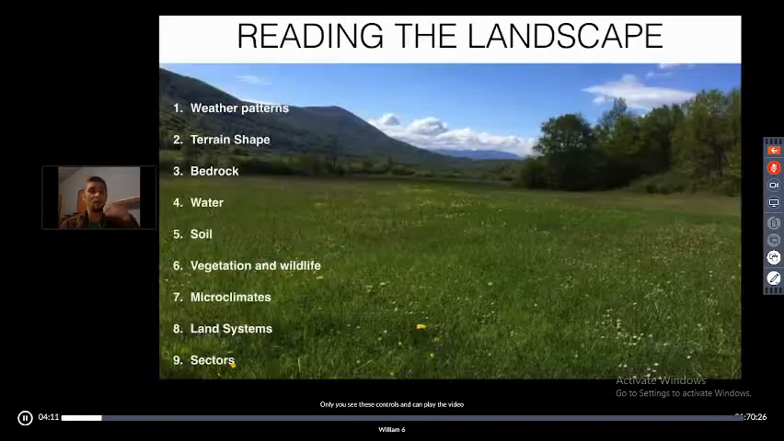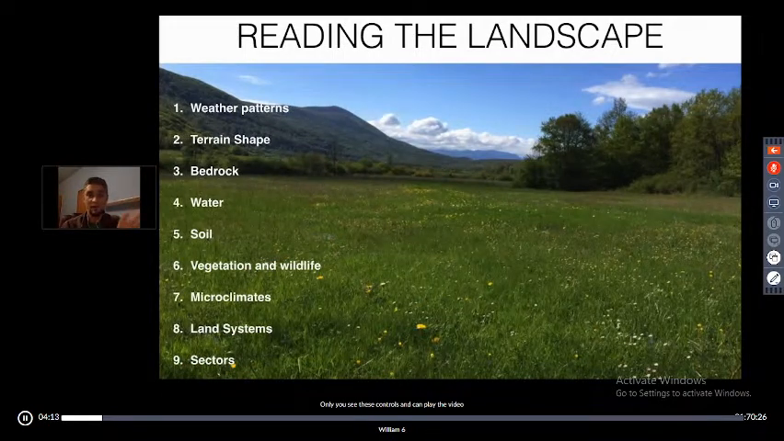Okay, so today we're going to talk about the landscape, and we're going to go through all these nine. Maybe I'll add some more. I know it's the landscape, but I'm also including the weather pattern, because the weather pattern and the climate have a huge impact on the landscape. So I'm also including that, but also because